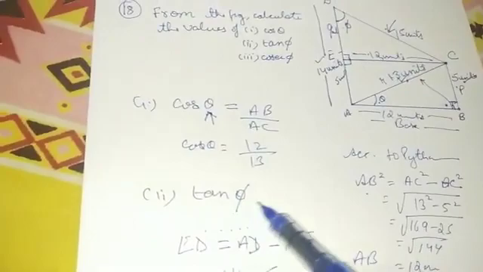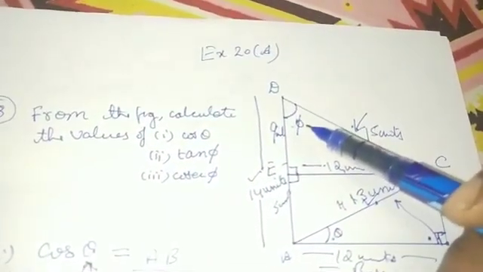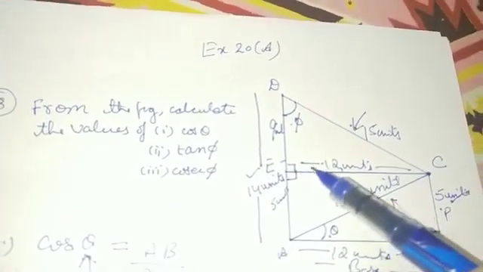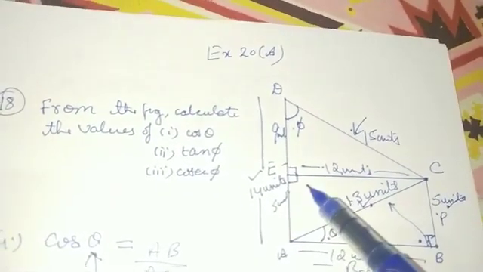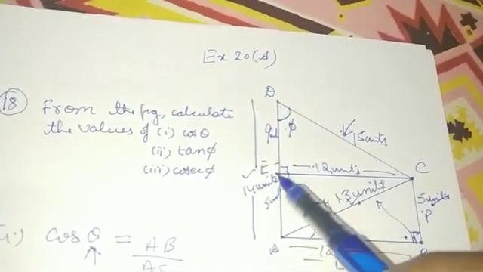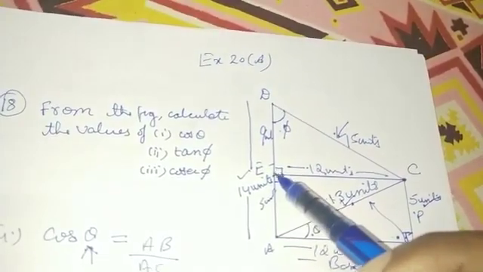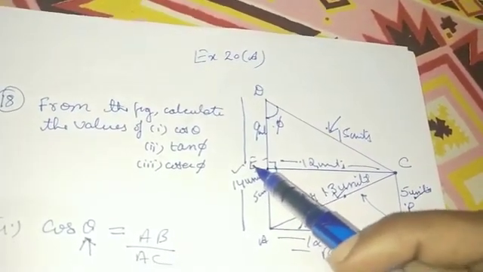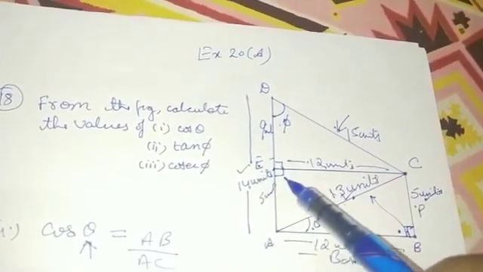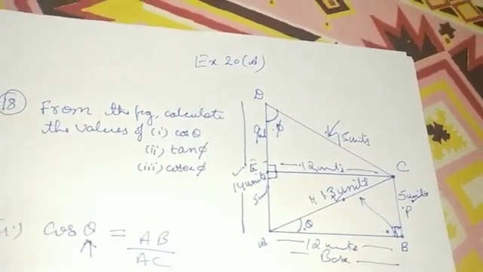Now for the next part, tan phi is to be calculated. If we look into the figure, this is phi, but we are not having a right angle triangle. For that we will have to draw. If you refer to the question from the book, this CE is not given. We will have to draw a perpendicular CE. You can label it F, G, any particular point, but we are having an intersection present, so that needs to be assigned a particular variable. So we have taken E as a variable. Now you will have to mention 90-degree over here, so that it clearly symbolizes that we are going to proceed with a right angle triangle.